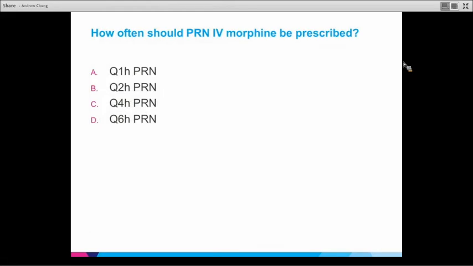So we're going to start Ms. Crawley on PRN IV morphine. How often do we want to put this dose in for her? Anybody like a Q1 hour PRN? Any Q2s? Q3? Q4? So for this lady with normal renal function who's in her 70s, I think it's reasonable to give